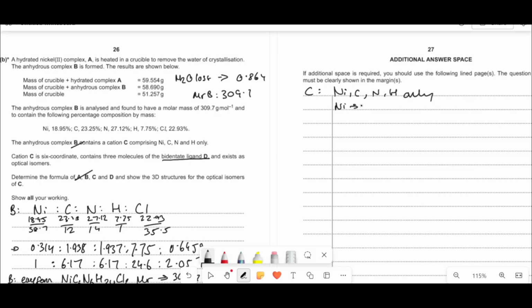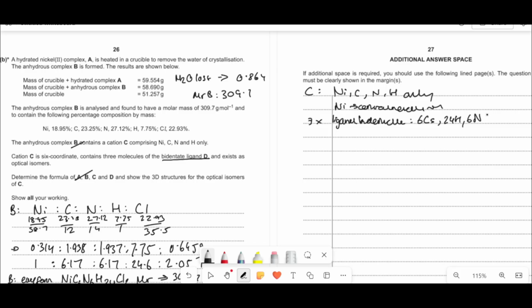So we know that Ni is obviously the central metal ion, right? Now, in this case, it's told you it's got a cation, and this cation's only got Ni, C, N and H in it. So that must mean that the Cl2 must be the Cl minuses. So in this case, we have a ligand that's bidentate, right? That's made of, how many Cs do we have? We have 6 Cs. So we're going to have 3 bidentate ligands, remember, because each one makes 2 and there's 6 coordinate bonds. So we've got 3 bidentate ligands that all add up to give you 6 carbons, 24 hydrogens,